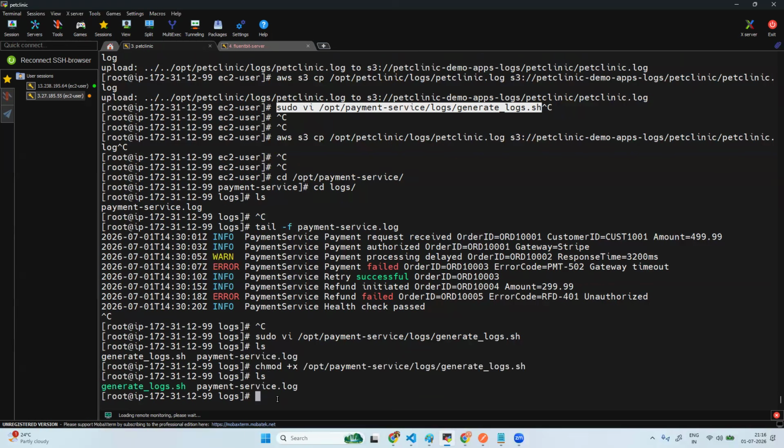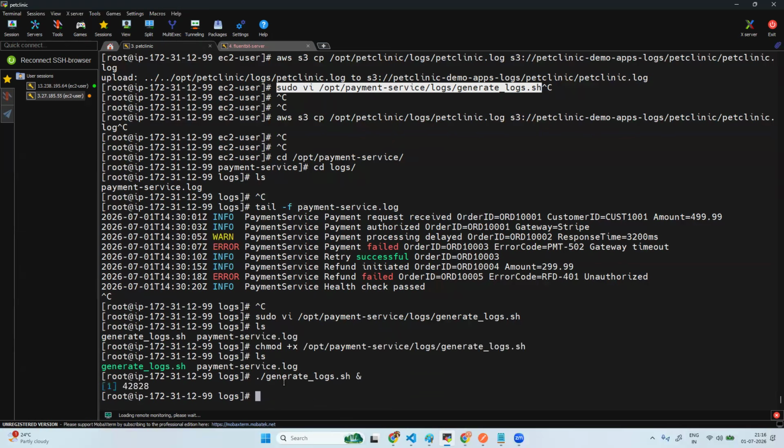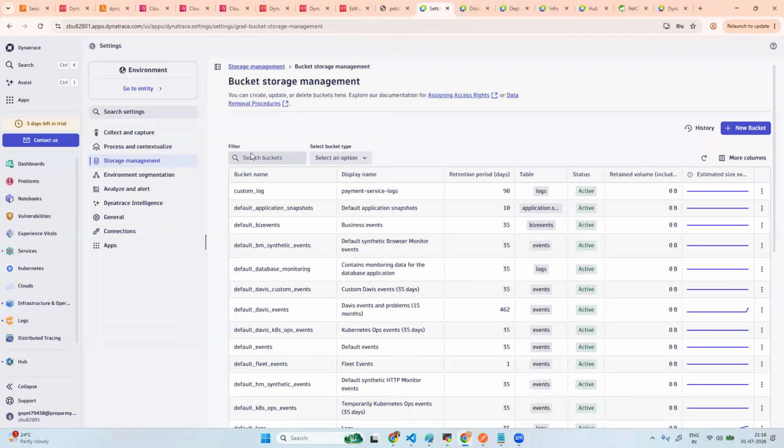If you do ls, we have generate_log.sh. If you run it with shift 7, it will run in the background. Okay, you see that, right? A process ID got created. So now if I go to my Dynatrace and look at the logs,